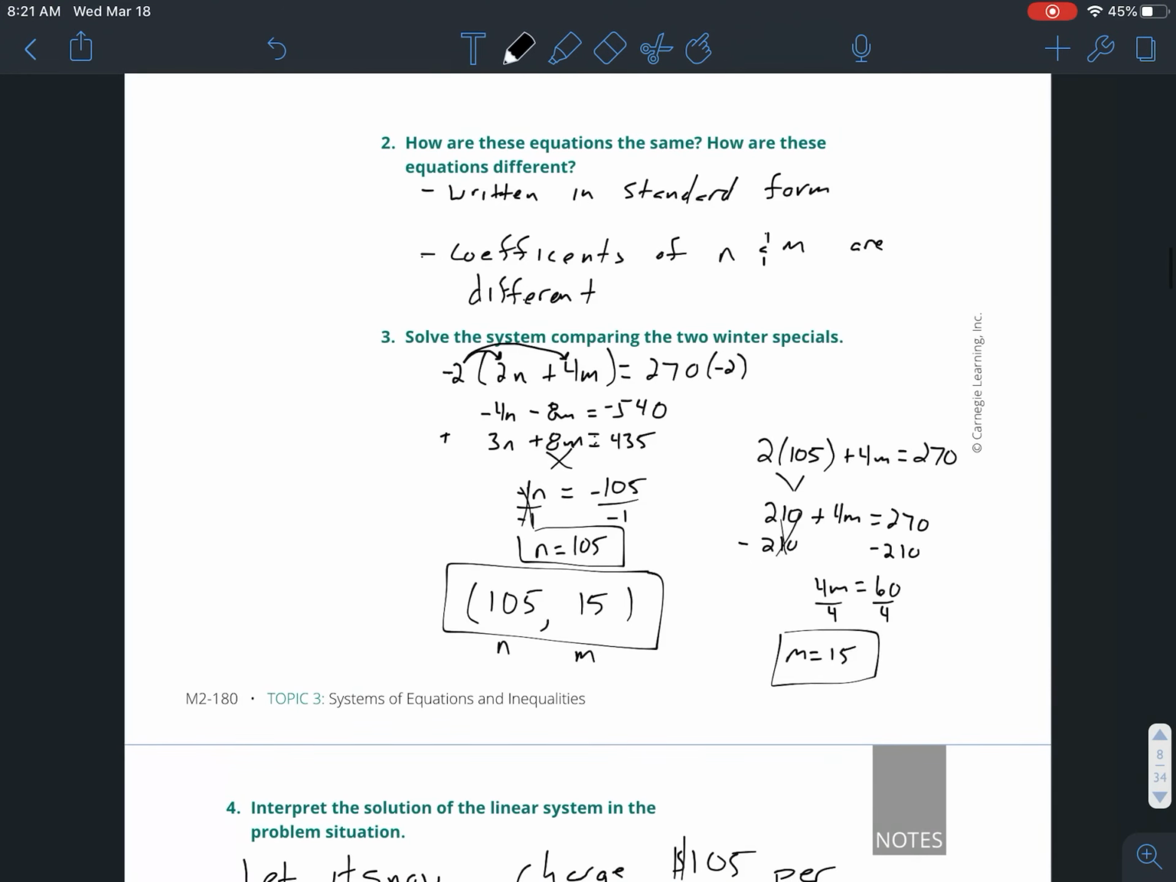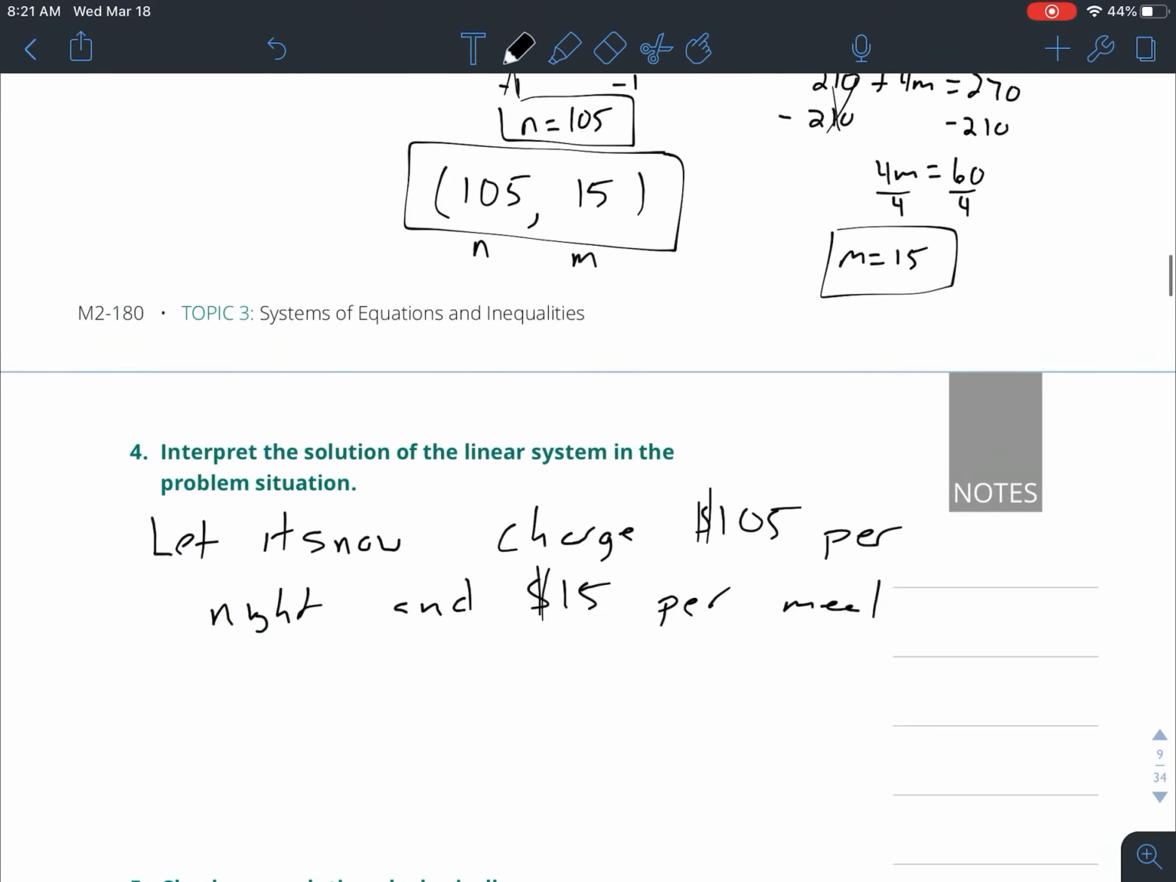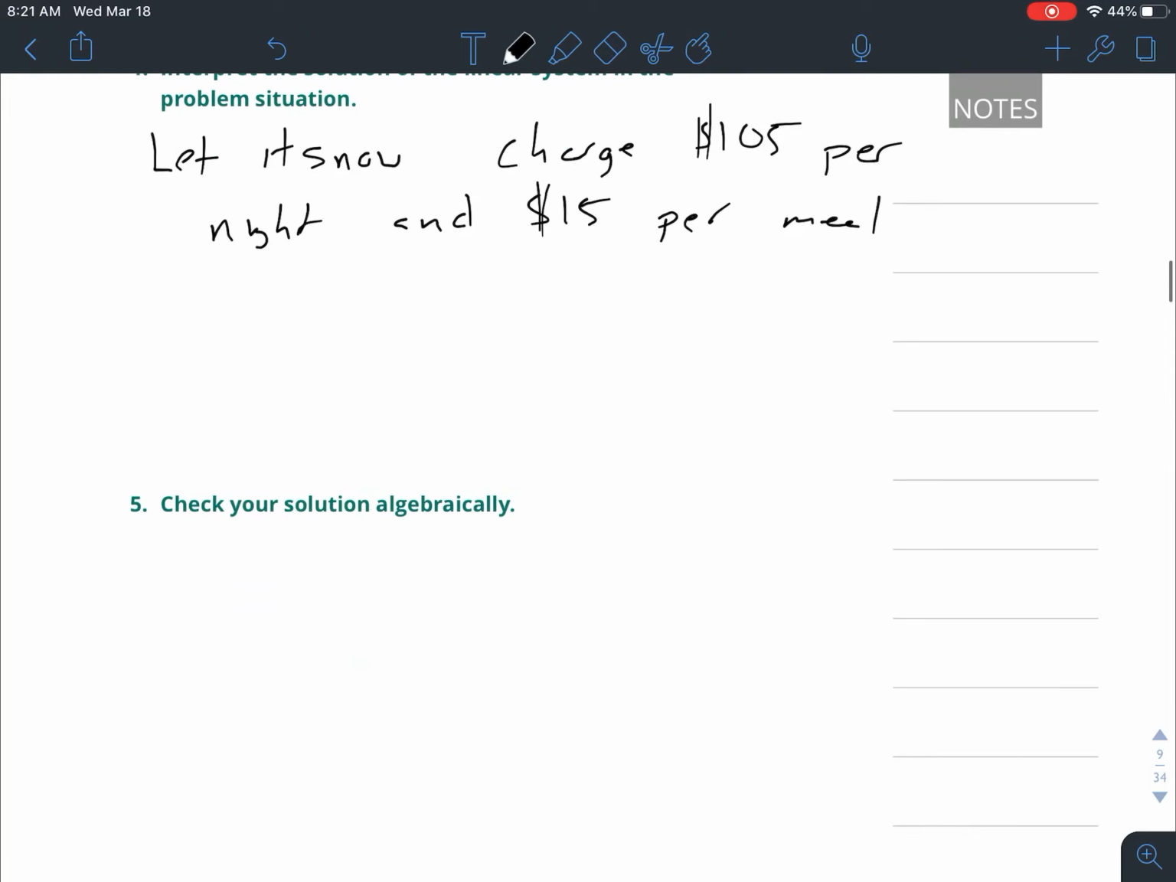Okay, so by solving this, our n, we know the value of getting the room is $105 a night, and the meal, each meal per person is $15. Okay, that's essentially all that's asking us to interpret it. So they say check our solution algebraically. So the way we can do this is we know that,